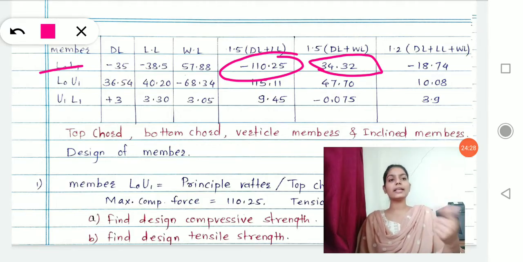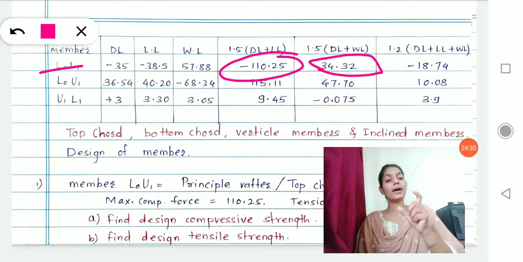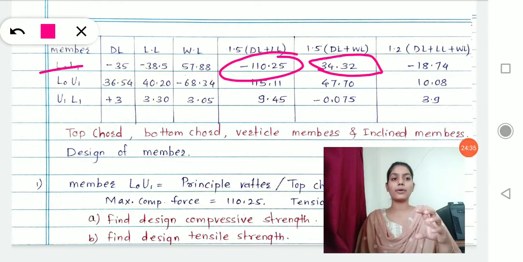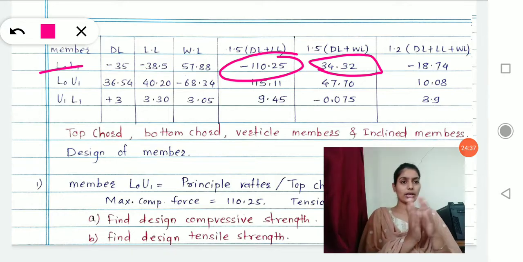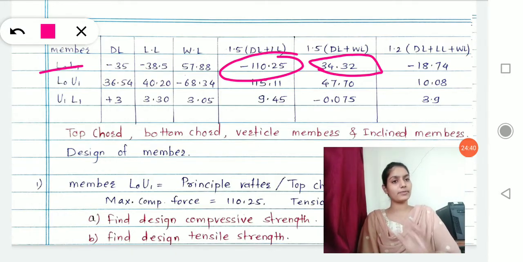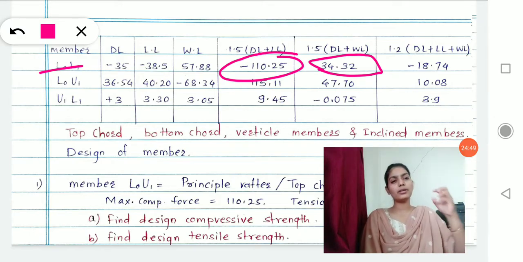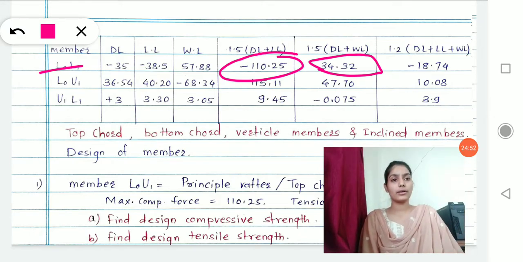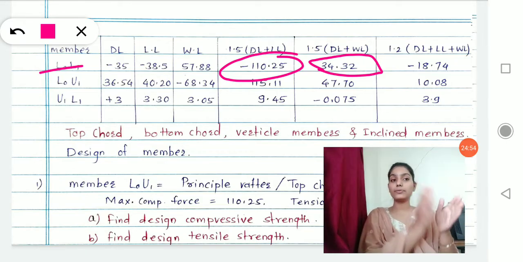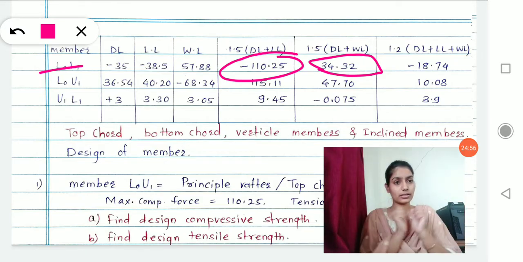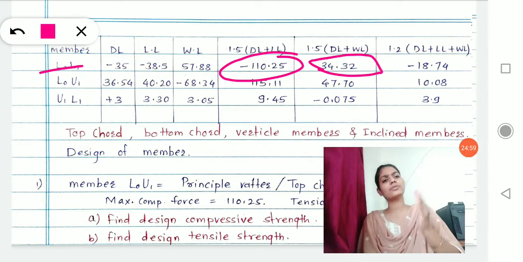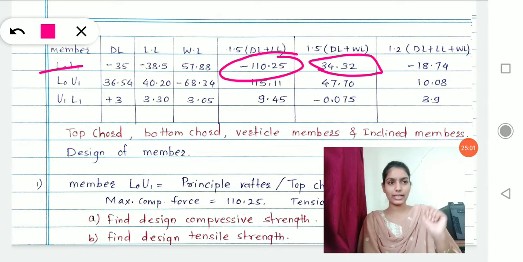Okay. So in the next class, we will discuss how to arrange all the forces you have calculated, or analyzed in the previous phase. You have analyzed your truss for wind load, dead load and live load. And if you have come across a number of forces, how to arrange those forces and get them into a table, and which force to select for designing, that I am teaching in the next class.